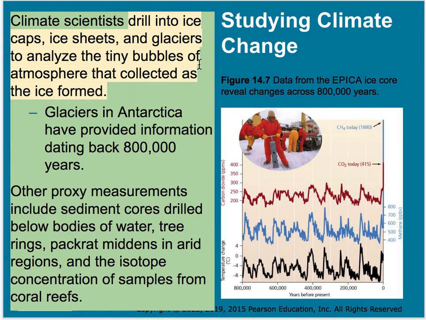So one of the ways that scientists find out what the weather and atmosphere was like long ago is they can take cores from glaciers, because glaciers are formed over long periods of time, and they trap different particles like air bubbles from the atmosphere at the time, and they maintain that record in the ice. So as scientists core down, they can see what was there. Some glaciers in Antarctica date back 800,000 years, and they can see what the atmosphere was like over time.